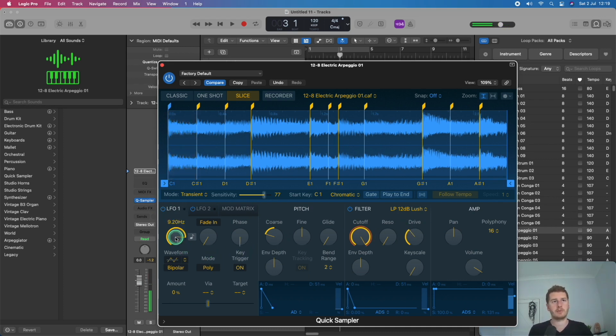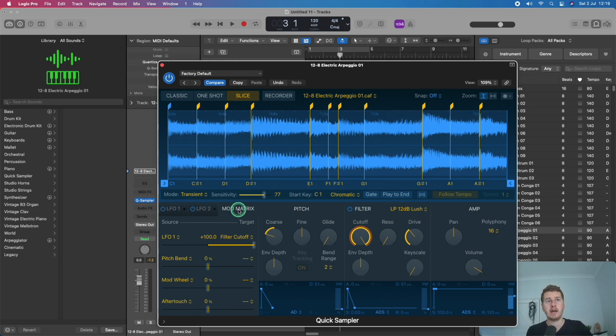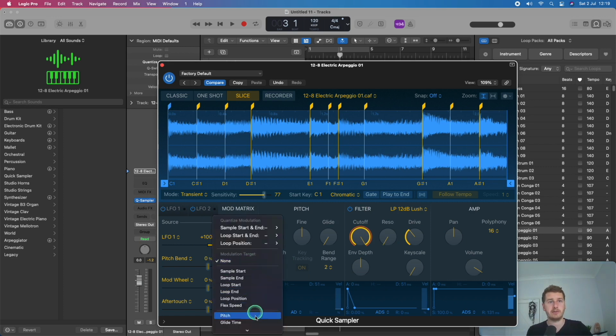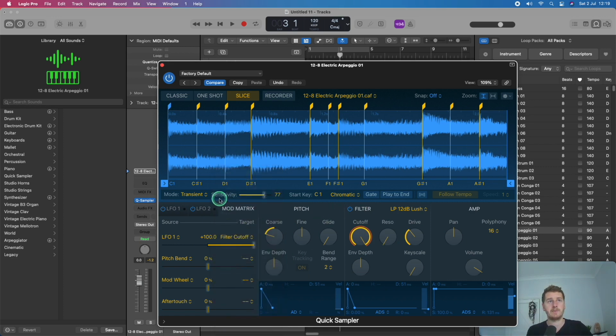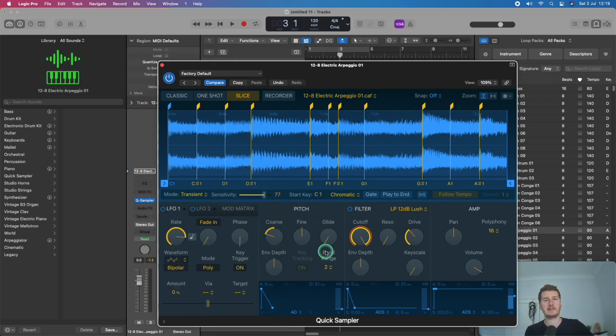you can start getting some cool things just by applying these modulations, the LFO, the LFO2, and then sending it to the filter, or you could send it to the resonance if you wanted, or the drive. You've got many different options where you want to send these things, so you can get creative with the mod matrix. Only other thing you might want to know really in the sampler view is the